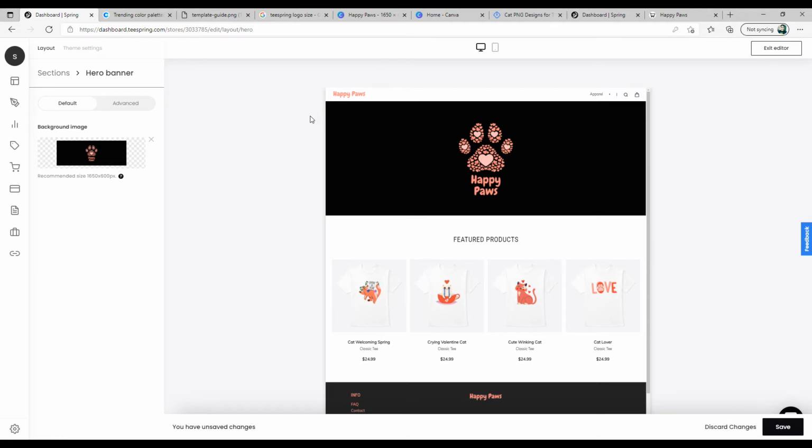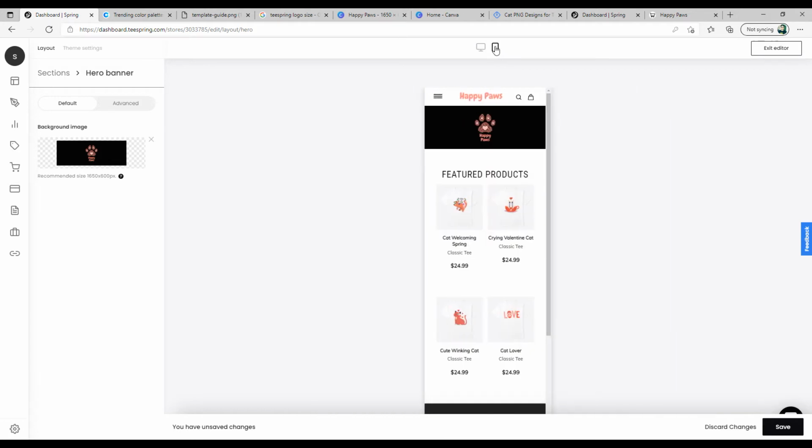So once it is loaded, you will be able to see it live on the right side, and also you can toggle between the desktop and the mobile device. So if I click on the mobile device, this is how it looks currently. The banner is kind of small in size, and this area is clearly visible. If you prefer this kind of a look, then it is well and good.